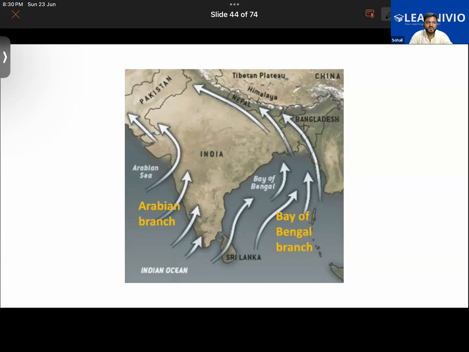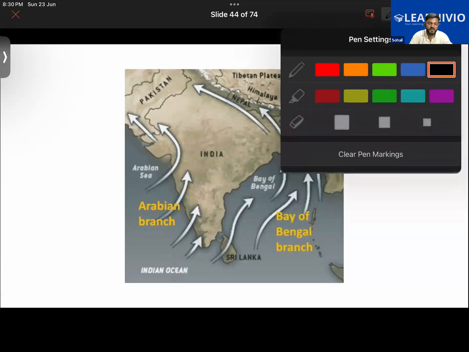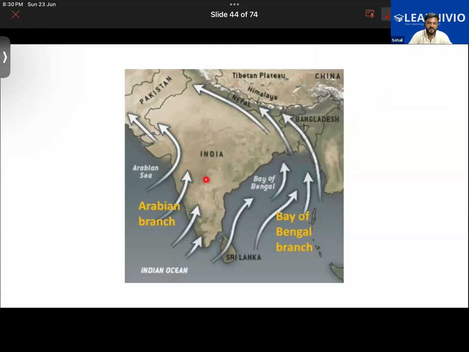Okay, now see, first of all, let us understand the broad concept. Then you would be understanding that too. Basically, what happens during the summer season: hot and humid air from the seaside, particularly from the Arabian Sea, would be rising up and it would go towards the land surface. So moisture carrying winds go towards the land surface and it would bring rainfall in this part of India. So this is a sea breeze happening at a bigger scale. What did we learn in the case of sea breeze?